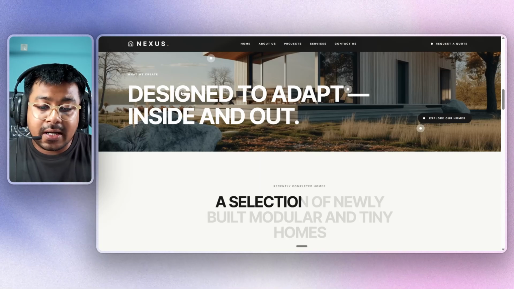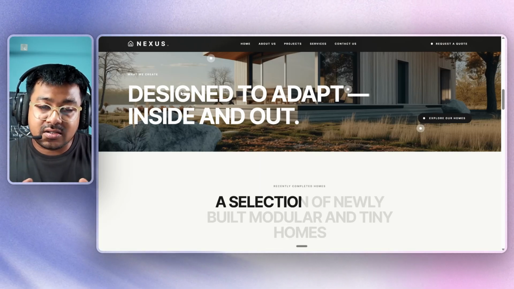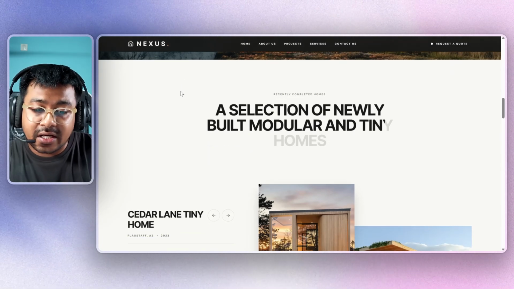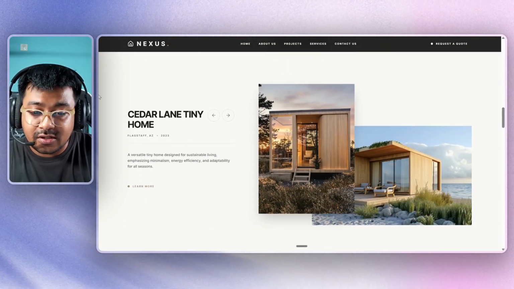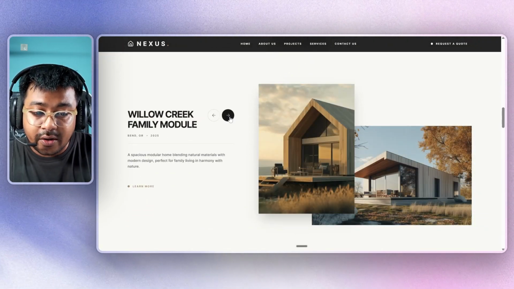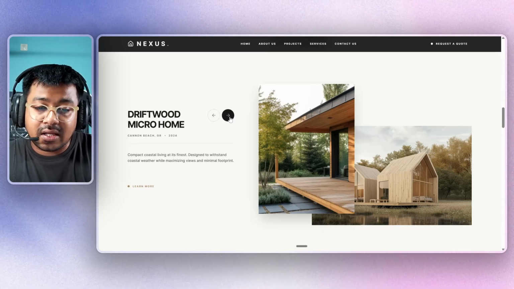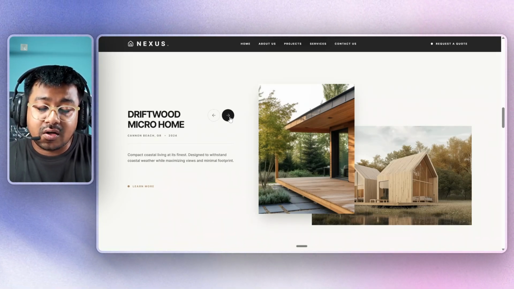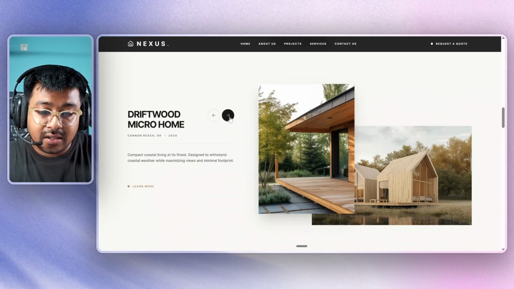I've seen a lot of people complain about creating generic AI slop sites. I believe what you're not putting in is the creative direction that's going to get you these kinds of beautiful results. Now think about it. If you could create something like this on AI Studio, you could probably sell it for thousands of dollars to your customers, and it hardly takes you 2 to 3 days to build this with an AI